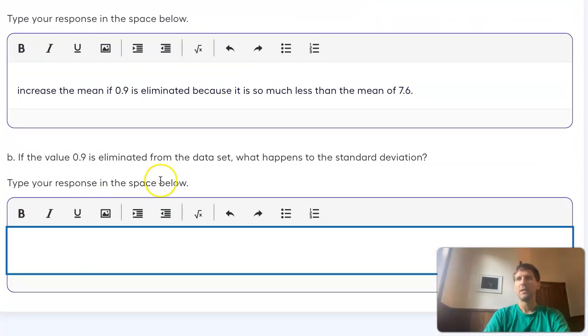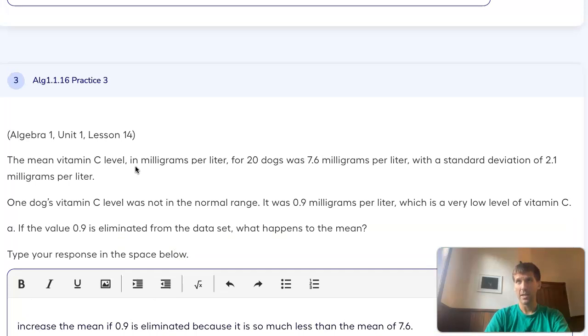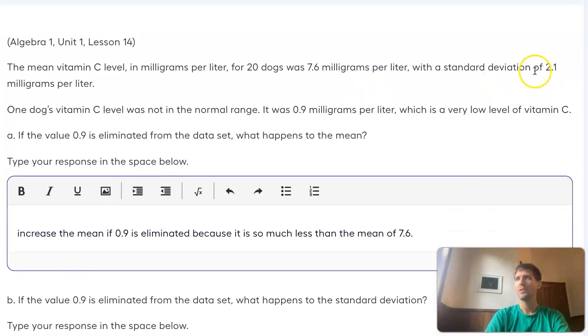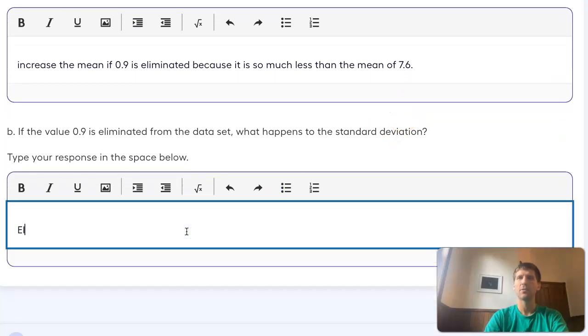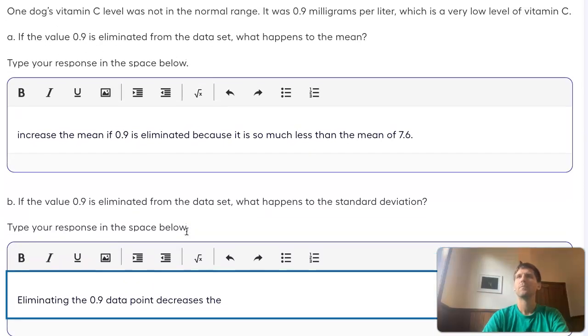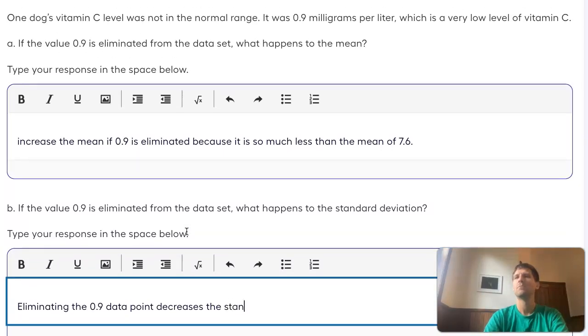If the value is eliminated, what happens to the standard deviation? Well, standard deviation is a measure of variability, so if we eliminate an outlier, well, I guess I shouldn't say outlier because I haven't done the test, but I kind of think it is an outlier. Eliminating the 0.9 data point decreases the standard deviation